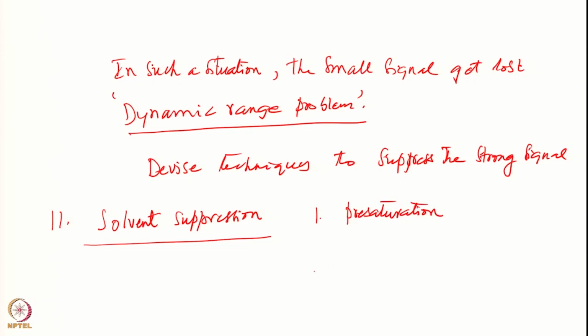So what is the strategy here? Let me represent my FT-NMR experiment in this manner. This is my 90-degree pulse, and I am collecting the signal here as a FID. This is my FID. So, what I will do is, before I apply the 90-degree pulse, I apply